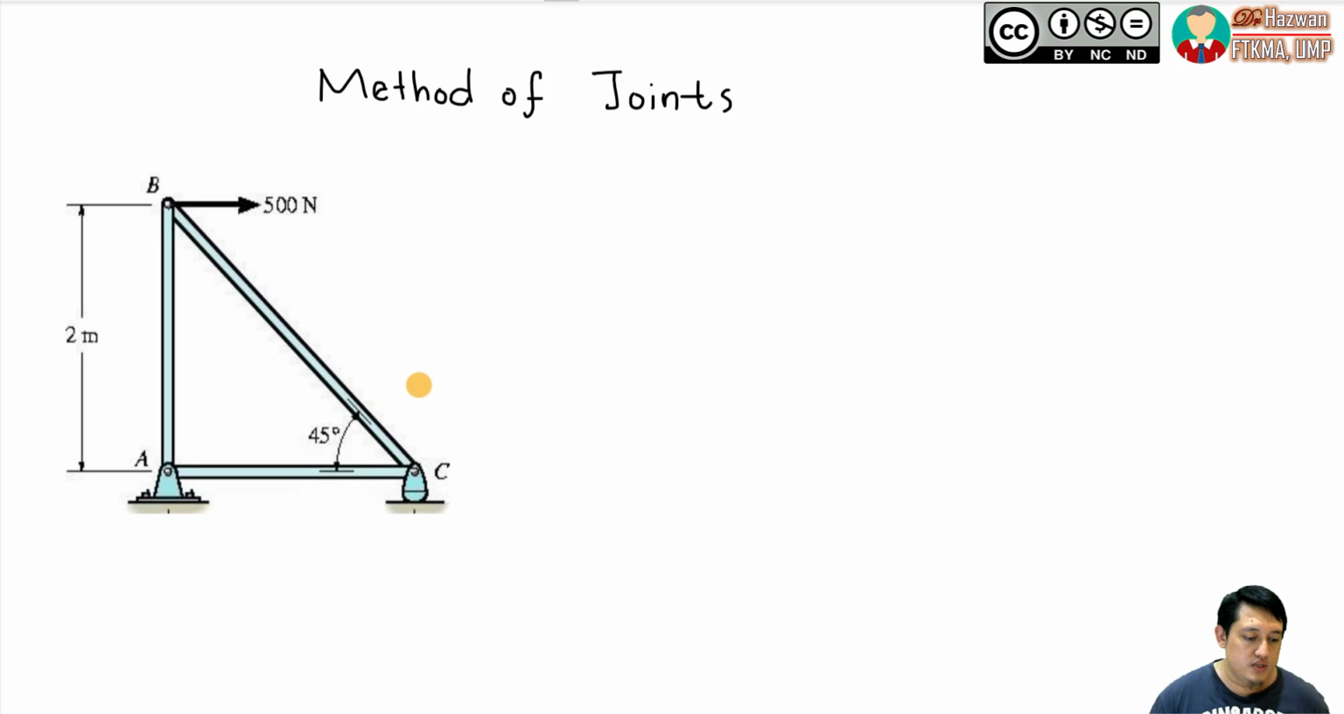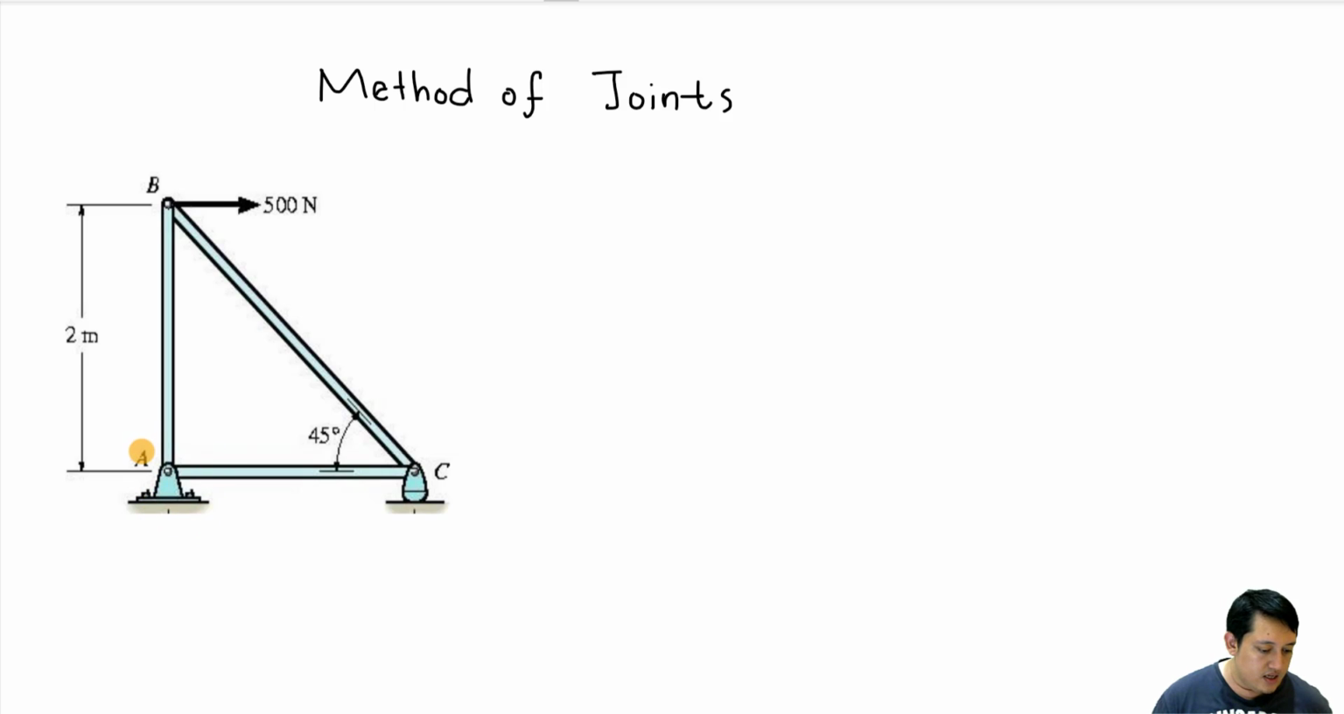So let's refer back to the previous figure, which is this truss here. At point A, we have a fixed support on the ground, and at joint C we have a roller. At joint B we have an external force, which is 500 Newton. Now I'm going to show you how we can calculate the force inside the members AB, BC